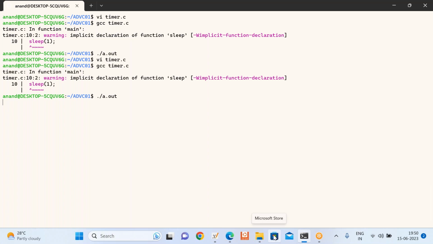So it is not printing anything. It will not print anything. Okay. Why? Because